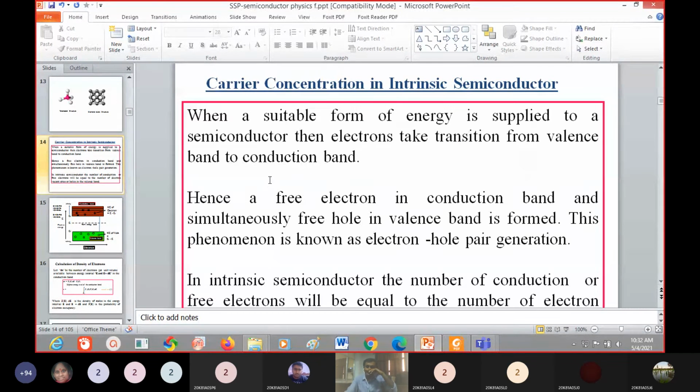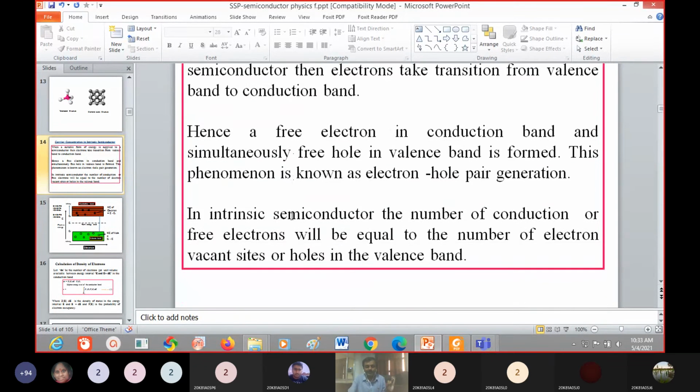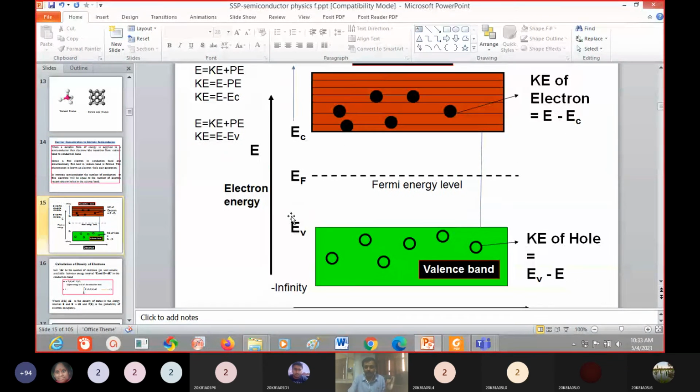First of all, in case of an intrinsic semiconductor, the charge carriers are electrons and holes. Both are the charge carriers here. The number of electrons in the conduction band is equal to the number of holes in the valence band. Now, before calculating the charge carrier concentration,